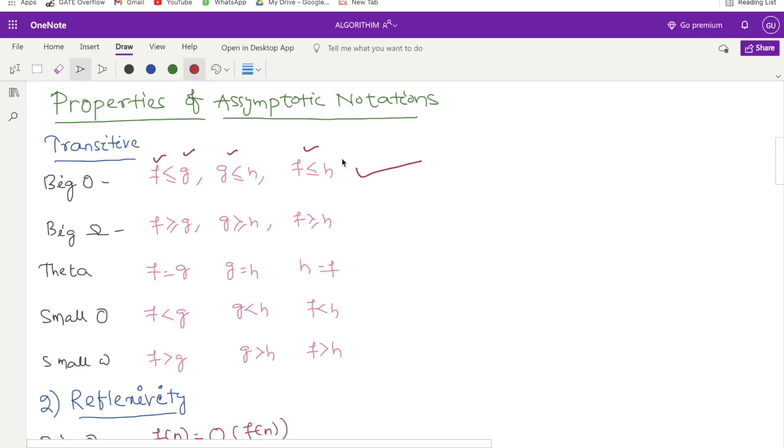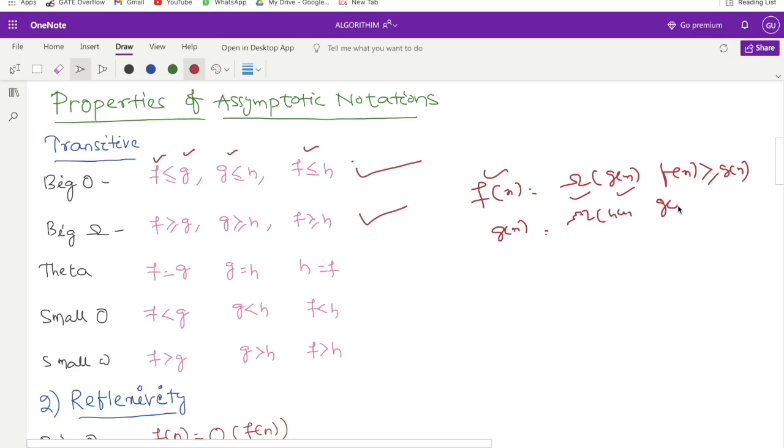How have I proved this one? According to this, you can prove this also, because f of x equals big omega of g of x. What does this mean? This means f of x is greater than g of x. Whichever is at this position must be greater than the function inside the big omega, right? So if this is true and g of x equals big omega of h of x, then g of x is greater than or equal to h of x. What I have written here, right? Then obviously f of x will be greater than or equal to h of x. So big omega also